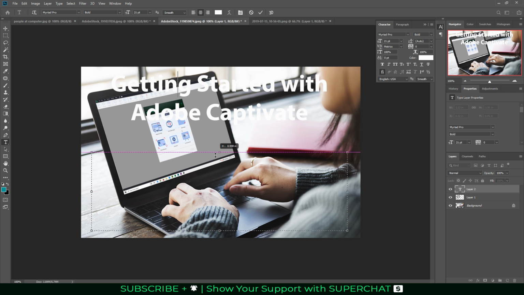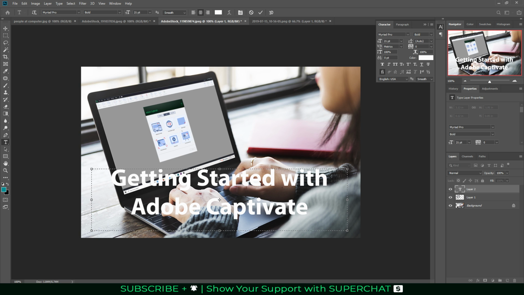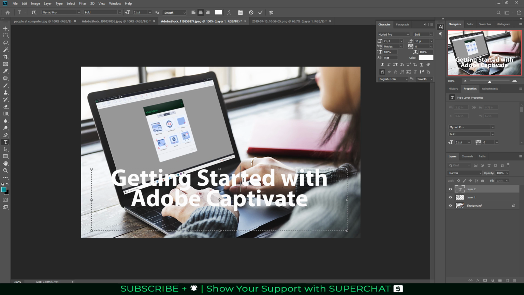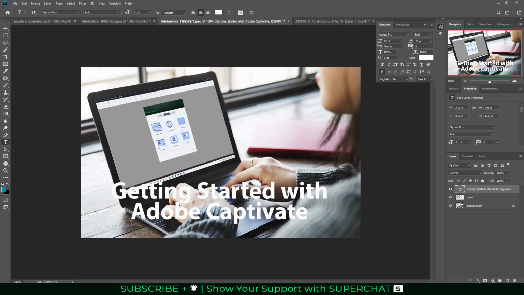So I'm going to lower this on the page here. And one of the most challenging things with text in the image is having the appropriate contrast with the background. So let's just play around a little bit with getting the positioning of that. That looks pretty good, but you can see it really doesn't contrast well with the background. So what you can do is with that layer, once you've added the text, you can double click on